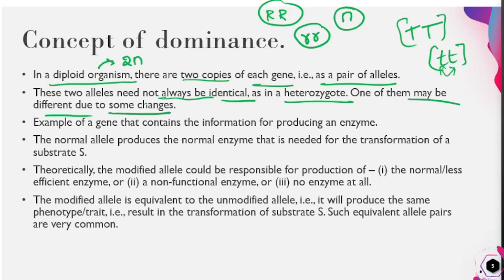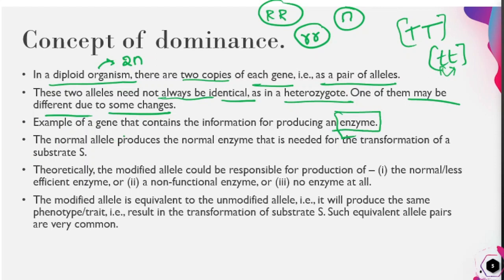One of them may be different due to some changes, some characteristic features. Because of that, some changes can happen in both of the genes. So both of the genes can be different in some cases, but most probably the genes will be identical. Sometimes it may be different. So for example, the gene contains